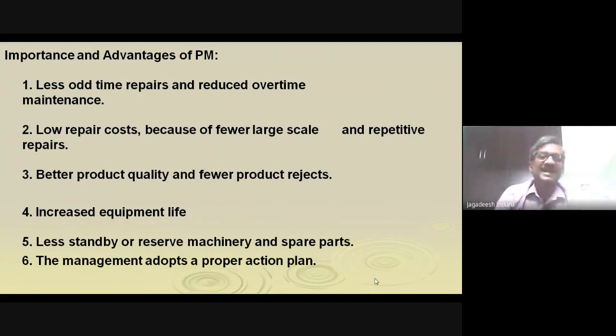Less standby and reserve machinery and spare parts are required. On the spare parts side, you were storing 100 parts, but by doing a preventive maintenance program, you can reduce it to 10% of the total spares. Whenever a requirement appears, you replace it and place an order, and immediately the order is replaced and kept in the stores, that 10% of the stock. It is not that you repeat all the machines; wherever the defect is, you act. So we can reduce the spare parts also. The management adopts the proper action plan, so nothing is skipped and 100% of equipment and machinery will be